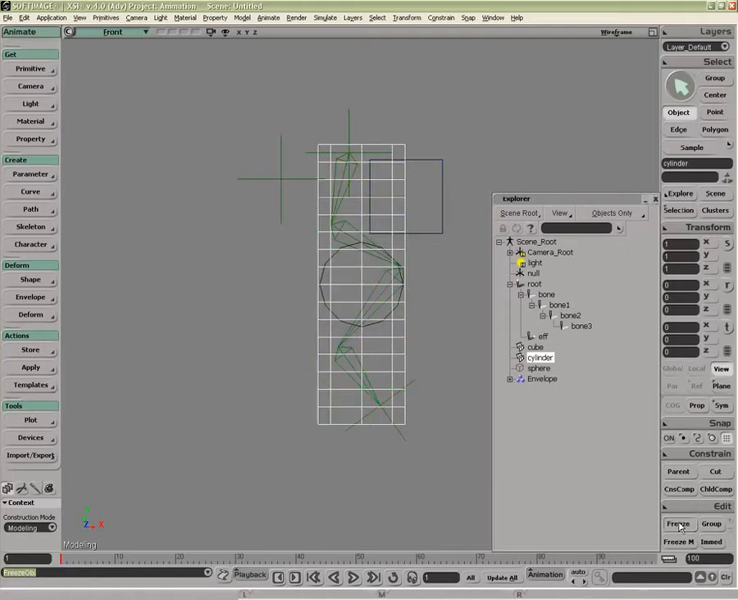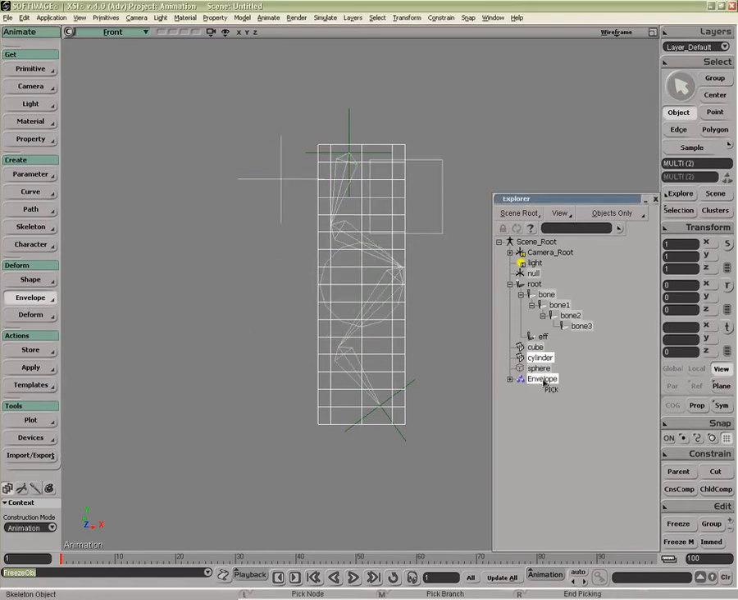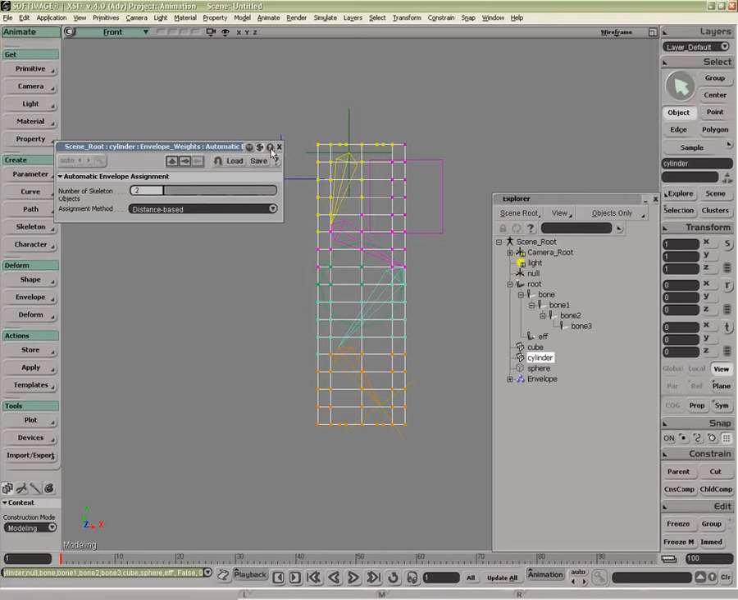If I just freeze my object, I'm removing the envelope. Envelope, set envelope. Yes, I want to be an animation. Click on the envelope group and it knows exactly what I want without all the extra bits. Right click and now it's enveloped. The first thing that comes up is the number of skeleton objects. If I were to start moving, say, the skeleton here,